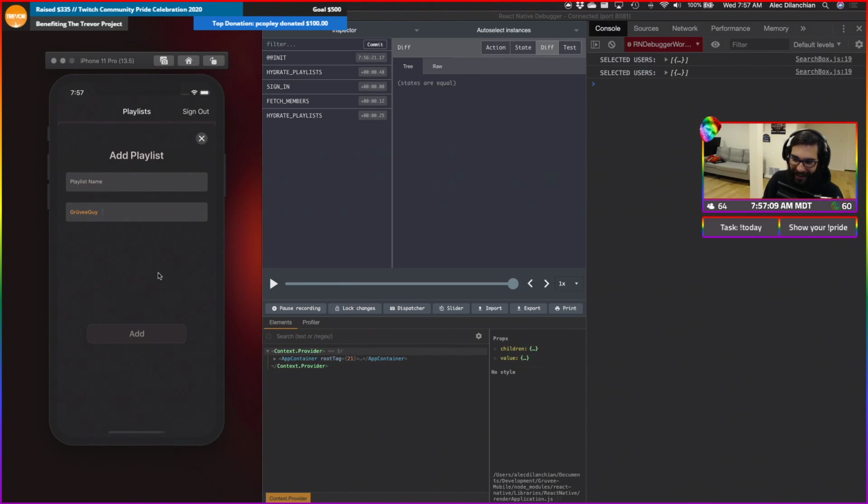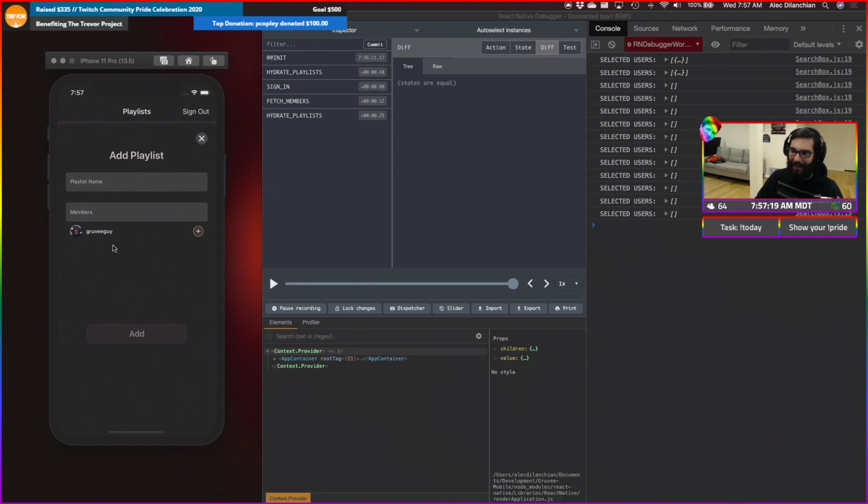Hey, there you go. So now you see it works. So we did set it up. We did set it up properly. I thought so. Yeah, interesting. Okay. So we got two things to fix here. One is, this needs to change, the groovy guy here. This needs to actually go off of display name.